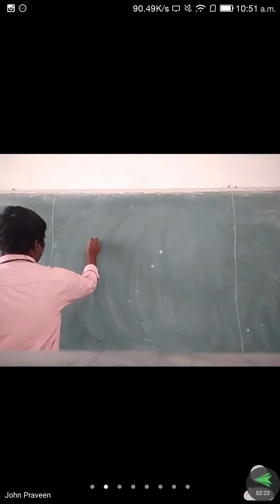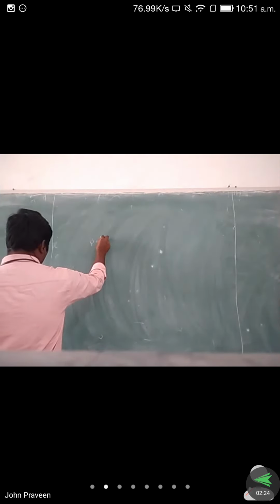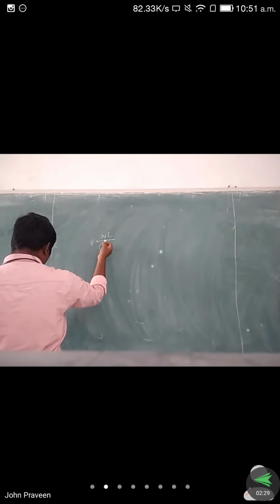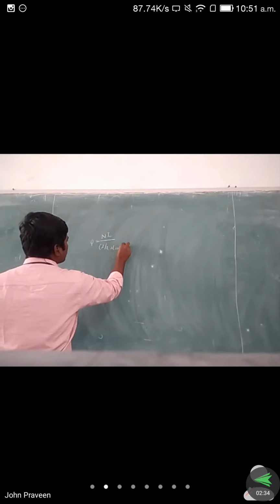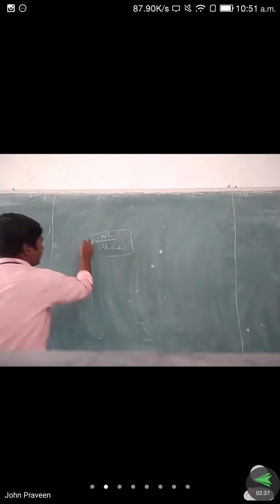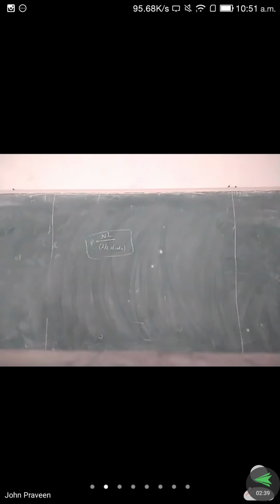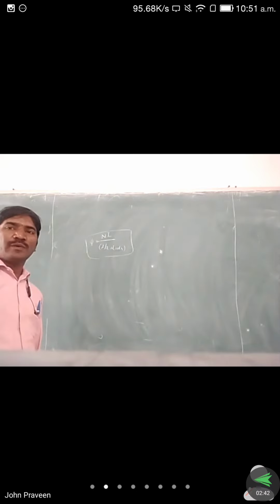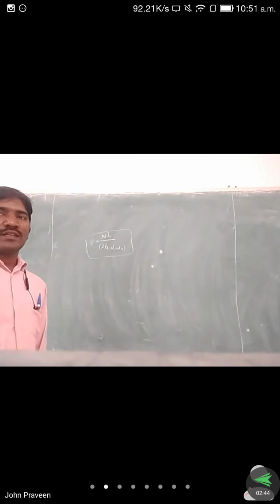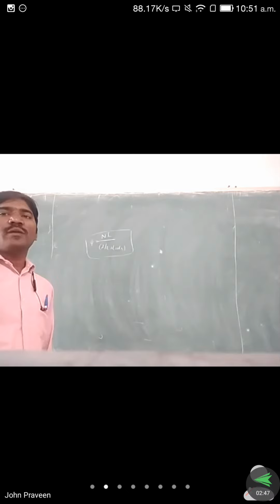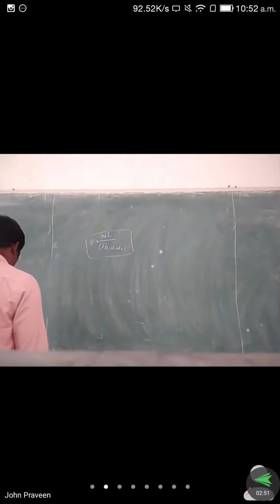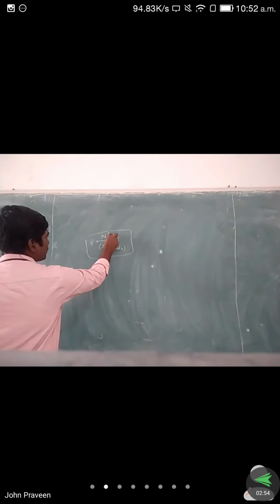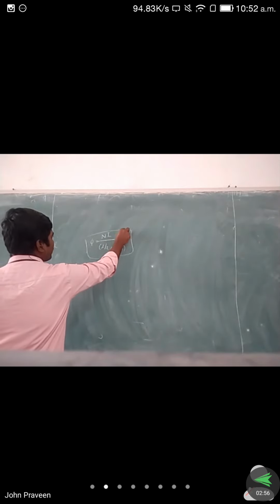So finally, we find the equation phi is equal to N into I by L by A into mu naught into mu r. This is the equation we found for a magnetic field. That is the primary concept we discussed in the last class. After that, we find out the ampere turns. How can we find the ampere turns? We take the basic concept that phi is equivalent to MMF.